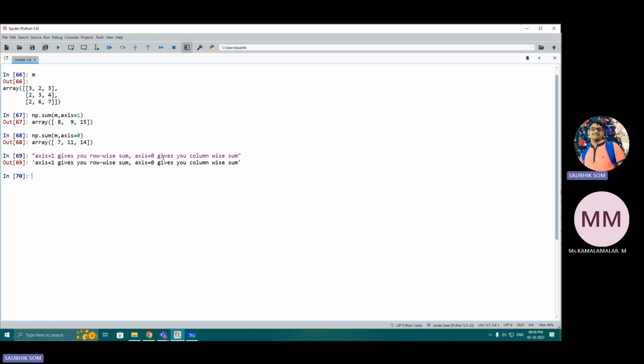In most of the NumPy operations, for example, if you want to do a mean, so if I want np.mean, I think that is the correct one. So you get a mean of 3 plus 2 plus 3. So axis equal to 0 means column-wise. So 3 plus 2 plus 2 is 7. So 7 by